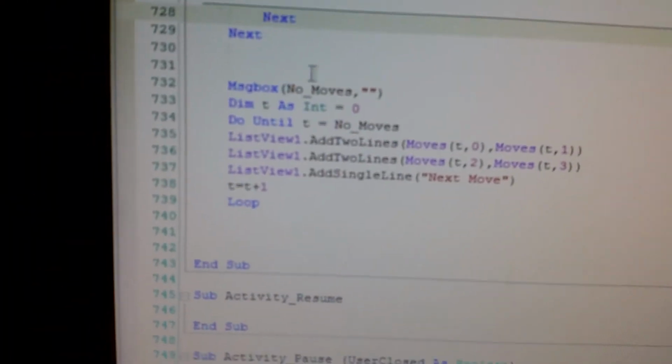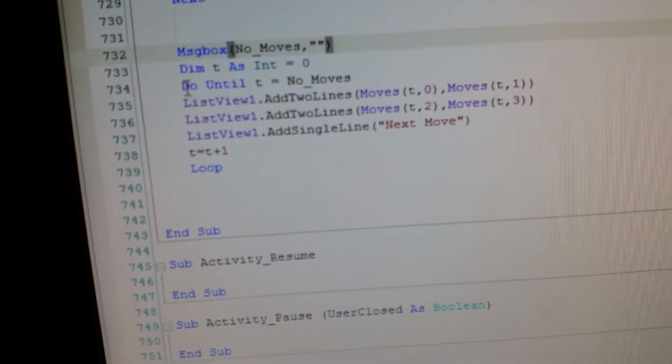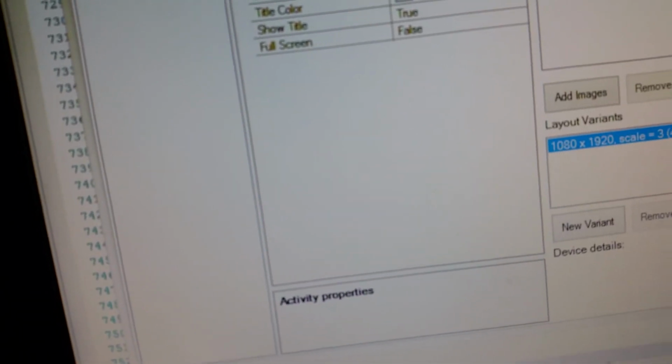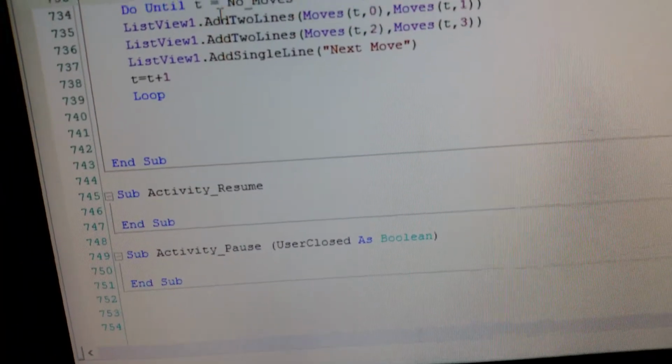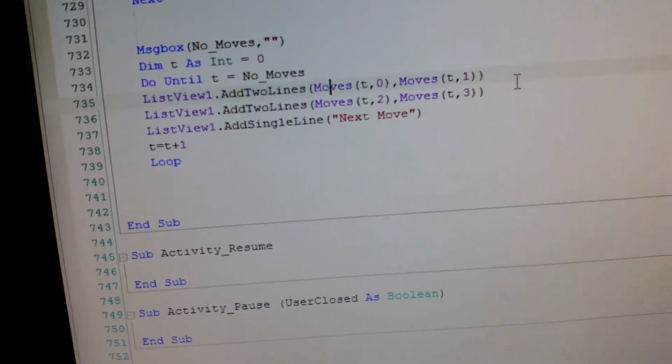So when I debug the program again, we should expect a message box with the number of moves, then a list view telling us every single move possible in the application. So when I run the application and it compiles,